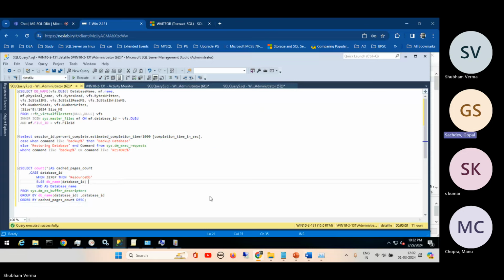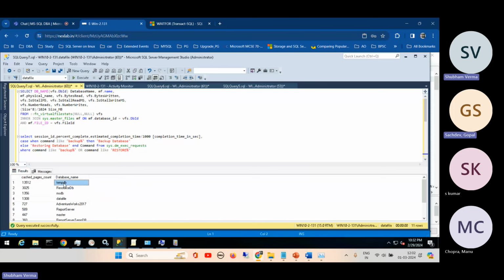The more pages are cached, it is good. Yeah, that is the best. So here it is for tempdb. See here, this is for tempdb, not for the user database. So if you modify some data, write some data, fetch the data, we'll get the user database here. I think user databases should be on top rather than the system databases, because we are not hitting system databases from the application side. Any value here, like if it is less than this, no, no. It is nothing. The bigger it is, the better. If it is a user database,